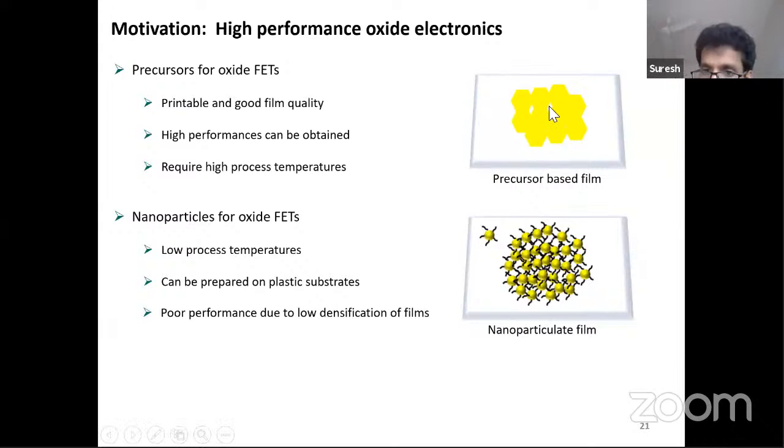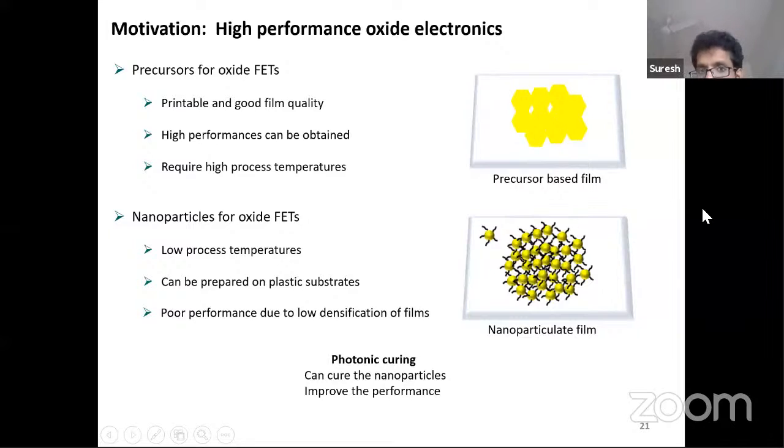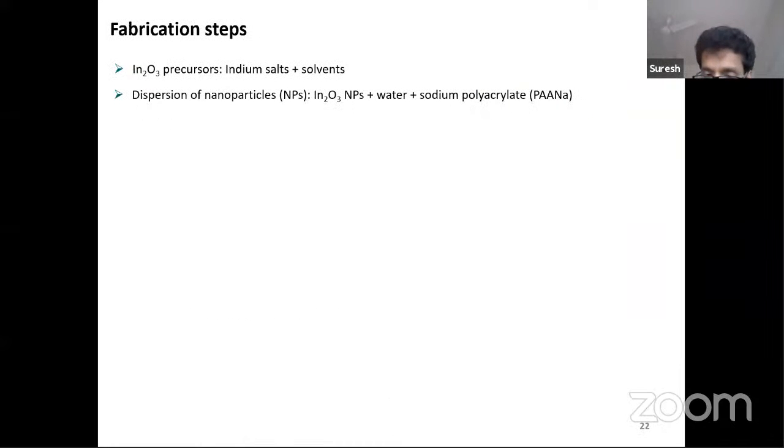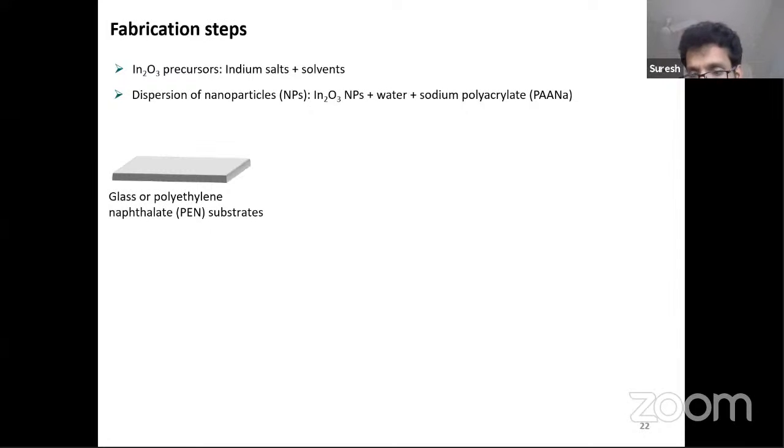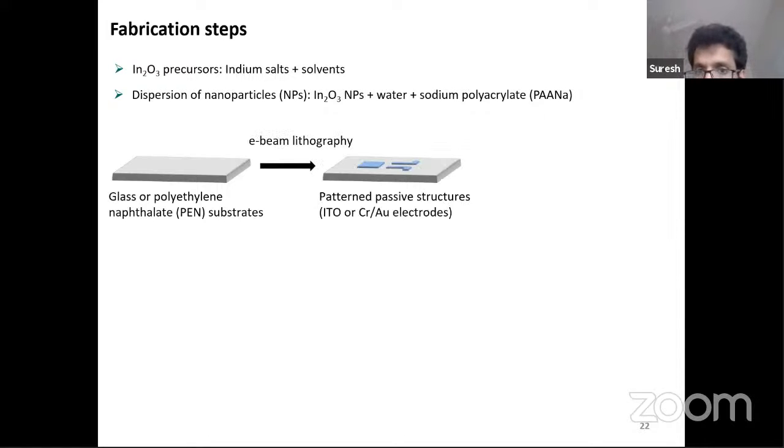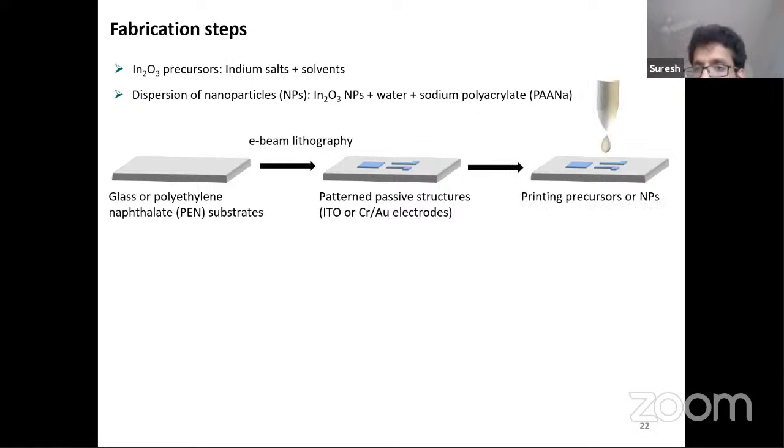But the nanoparticle surface has surfactants. These surfactants we have to remove. So to remove the surfactant, I have used laser curing techniques during my work. So now comes to the fabrication steps. So first of all, I have taken a substrate, right? Either glass or plastic substrate. On the substrate, we did lithography, deposited the electrode materials, followed by deposition of either precursor ink or nanoparticle ink,